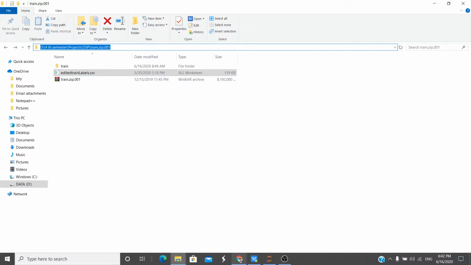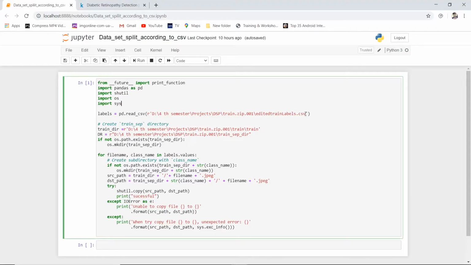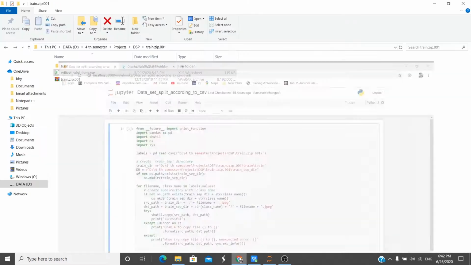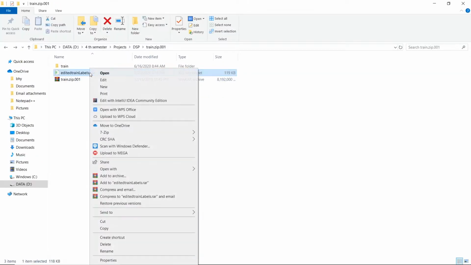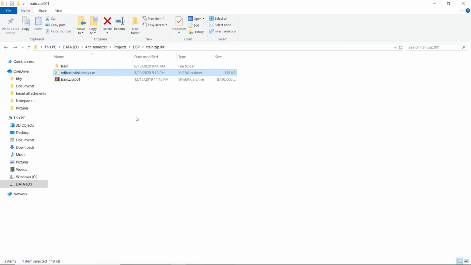Copy the exact location, paste it. Now they should be in single quotes or double quotes, as this is the location, a string, so they need to be inside single or double quotes, and after that put a slash and the name of the CSV file. The name of the CSV file, I will copy it from the properties.